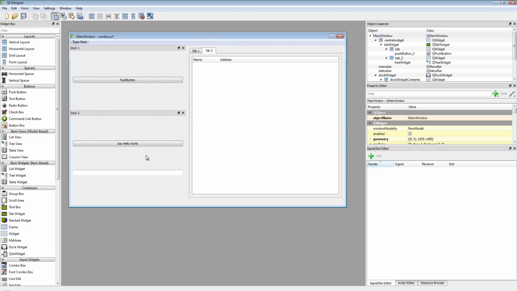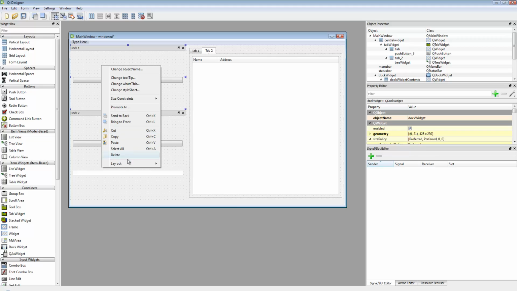It's not very neat, it's not very well laid out. And the plan today isn't to make it beautiful, it's just to show you what the options are for giving different layouts to a window. So the first thing we'll do, if we right click in this first dock area, you can see that we applied